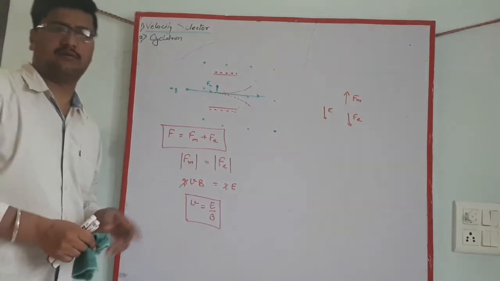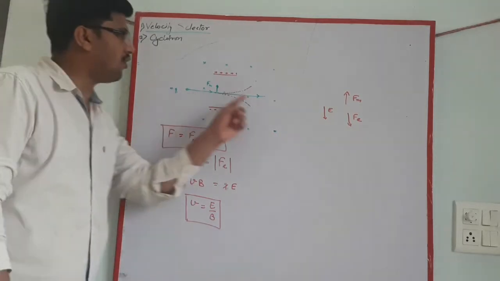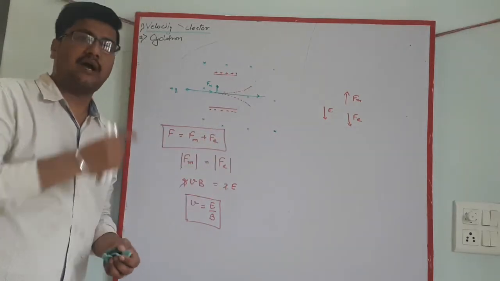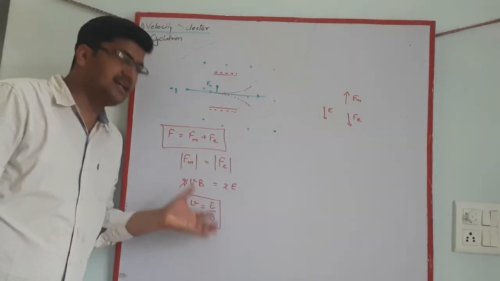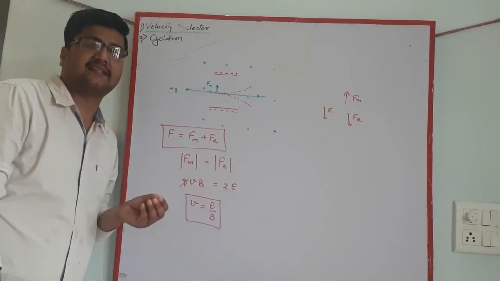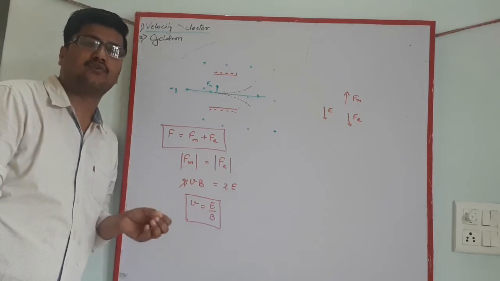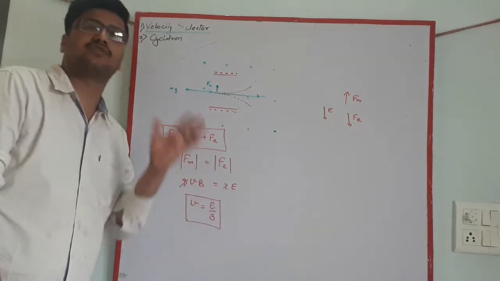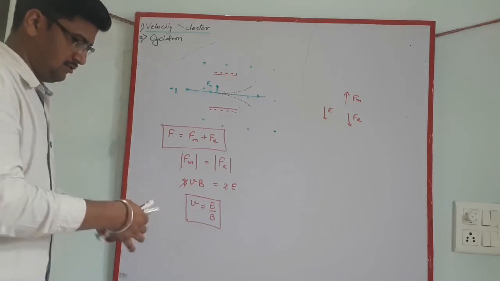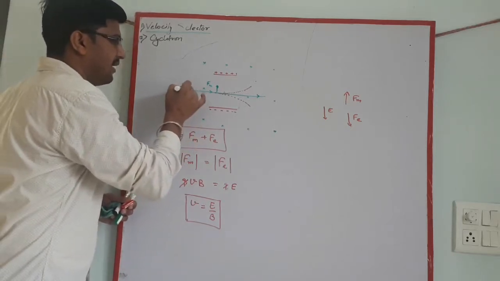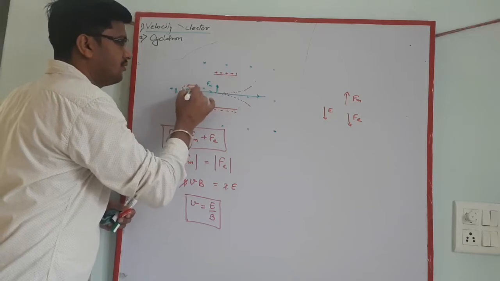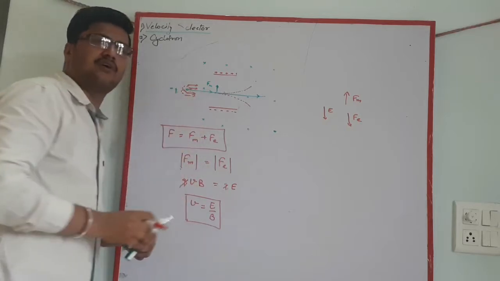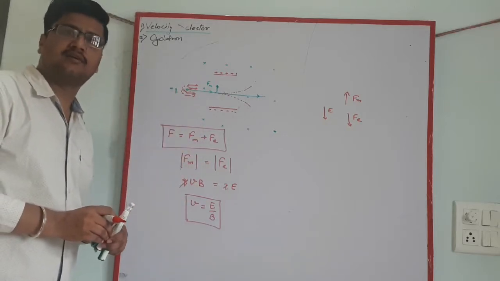Under this condition, the crossed electric field and magnetic field is called a velocity selector. Why do we call it velocity selector? Because this condition can be used to select the charged particle of a particular velocity out of a beam containing charges with different velocities. Imagine a case when there are a number of charged particles here and all are moving in the form of a beam. All the charges have different velocity but the same direction.